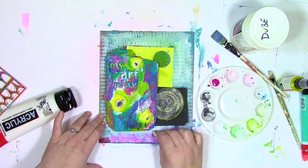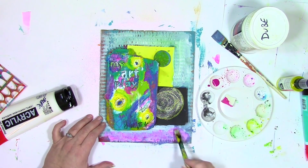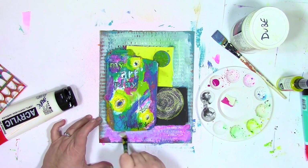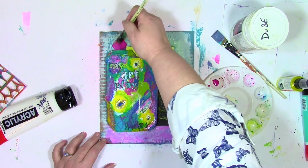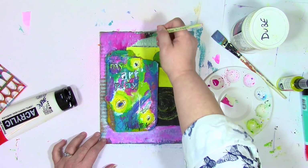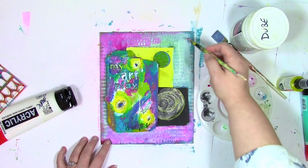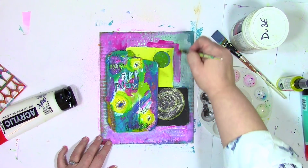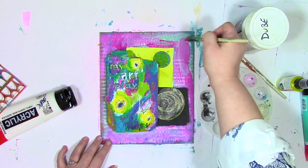Now my original plan was just to have a little bit of that raspberry on the bottom. But now that I've had the oops, I'm now thinking, what else can I do instead? So by dipping the brush right into that art spray, that spray ink, and then brushing it on wherever I want, I'm going to get a whole lot more of that wonderful color, and that's even better than what I'd originally planned. So right now I'm going around those 3 pieces that I've collaged onto the cardboard,